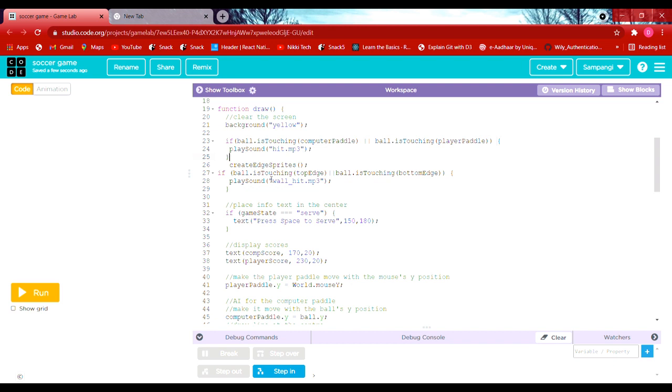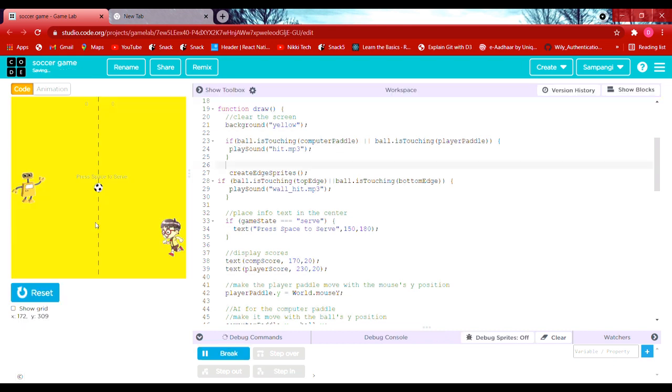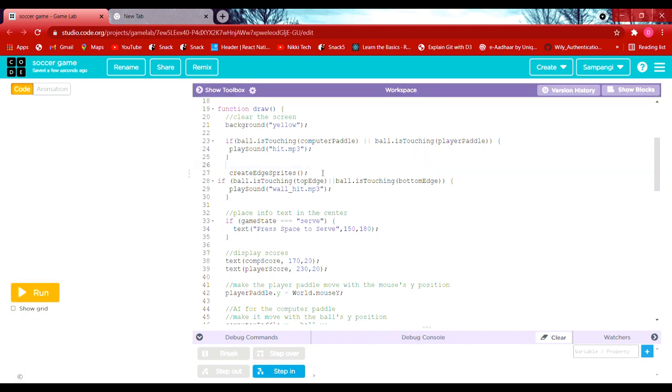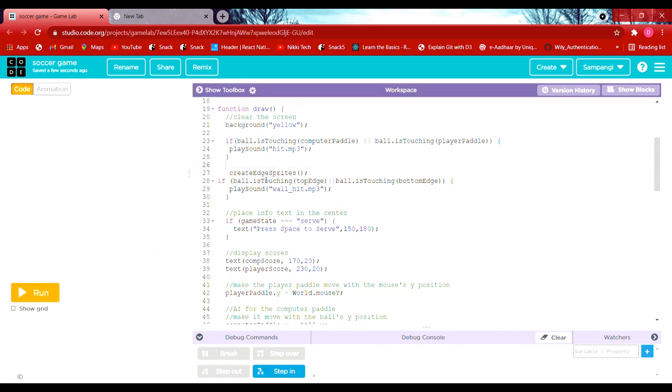So we are telling the computer conditions. If the ball is touching the computer paddle, or another condition, the ball is touching the player paddle, then it should play sound.